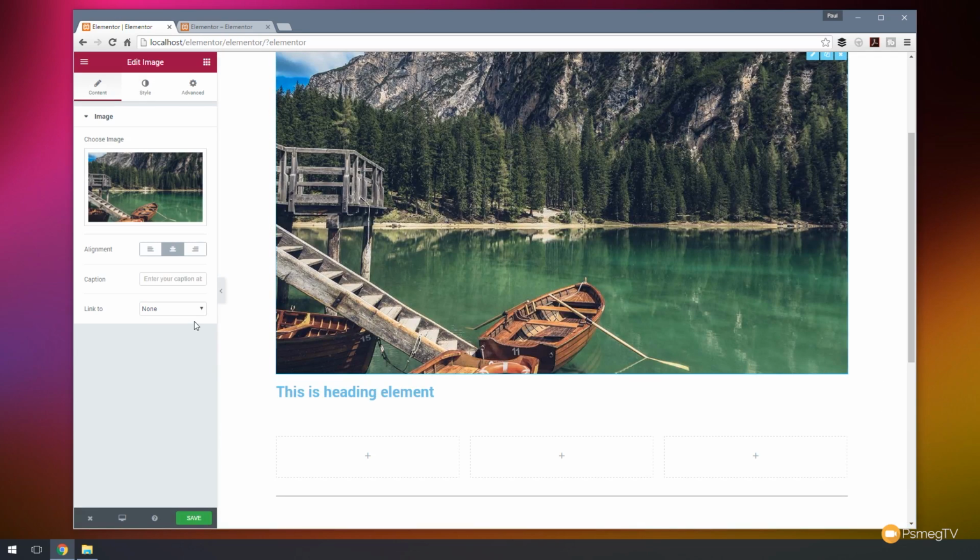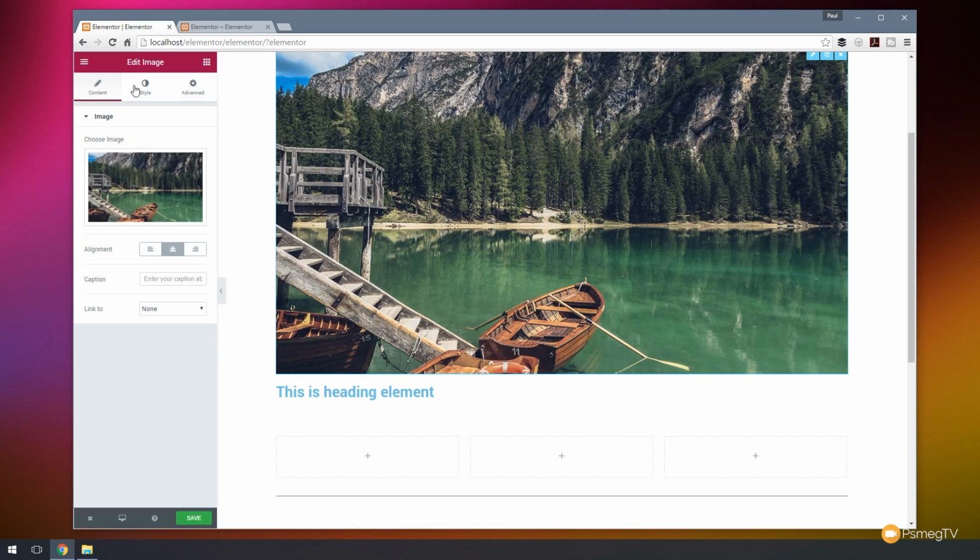And as you can see, we can go through and choose some other options, so we can specify how we want to align this image, which in this example isn't going to make much difference to what we're doing, but we can do that if we want to. Do we want to make this a link to something? So we can choose from nothing, a media file, or a custom URL. That's quite useful if you want to draw attention to an image and then send someone off to another